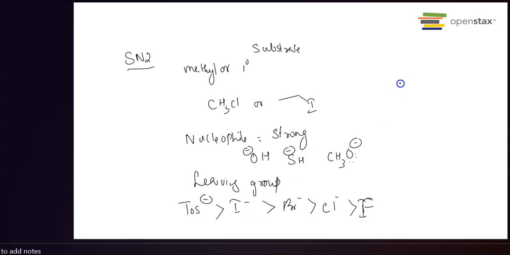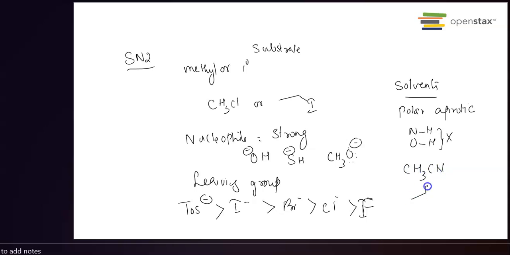Okay, and then finally we talked about solvents, and the best solvents to use for SN2 reactions are the polar aprotic solvents. That means the solvents which do not contain NH or OH type of bonds. Okay, so we do not want these kinds of bonds, so we prefer solvents like acetonitrile, CH3CN, or acetone. That's another good solvent. DMSO. These are all good solvents which do not have the